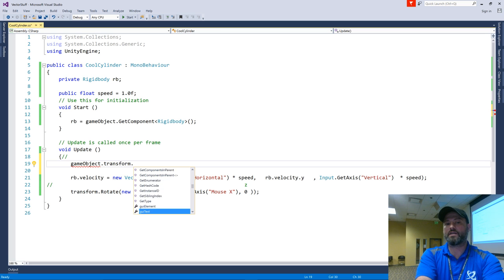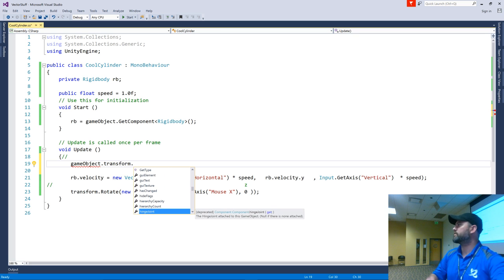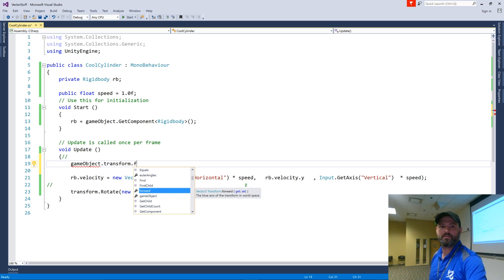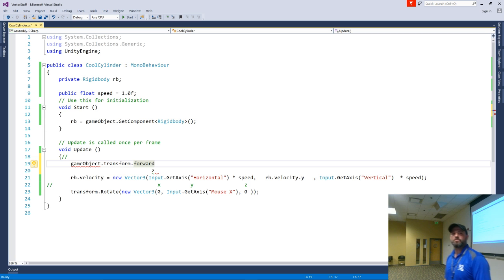So if I wanted, it also tells you what direction it's facing, all right? So when I say I press W, what direction do I want to move? Forward. Let's type that. Forward.